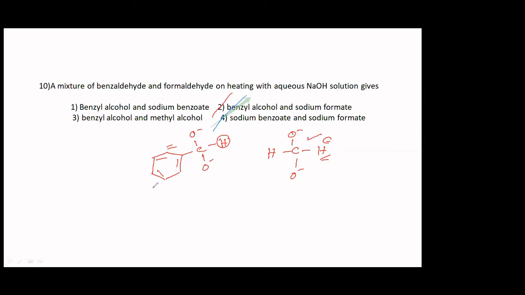Sometimes they will ask you, which of the following is a very good hydride donor? For that, you should look for the one in which there is an electron releasing group, which throws out that hydride. This is an electron withdrawing one. This is a better donor, this one. After donating, it is oxidized, and you will get sodium formate. That is how you are going to identify the product. Hope all of you understood this. So the correct option is option 2. Okay, fine. Let's move on to the next question.